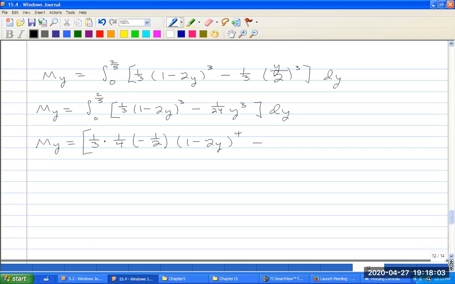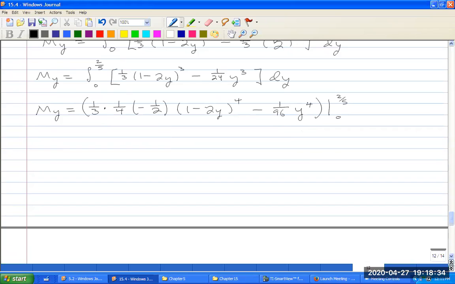So 4 times 24 is 96 y to the 4th. So this is 1 over 96 y to the 4th. And let's use these instead. I'm going to evaluate between 0 and 2/5. Okay, so let's do that. Let's plug in 2/5 and 0. So m sub y is equal to